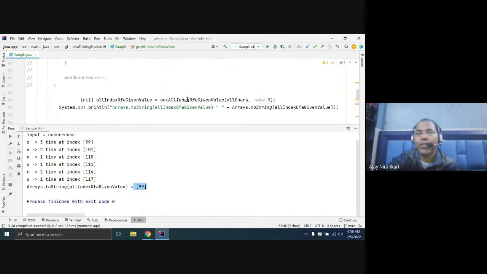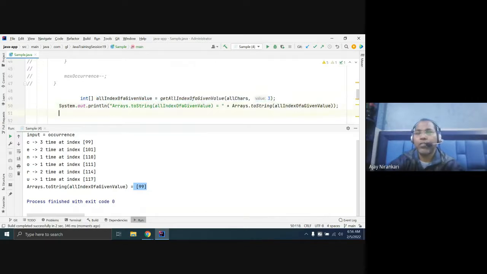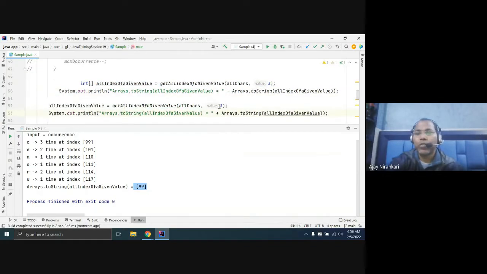If you pass next time, I want all the indexes for the 2 position. The second time you call this method, you pass a 2, and the 2 is matched with this 2. So this method takes one value and returns an array for a specific index.